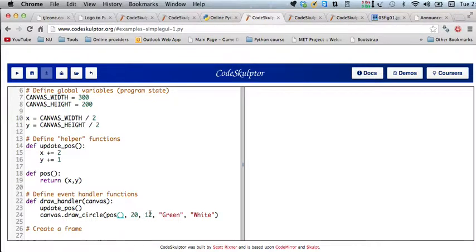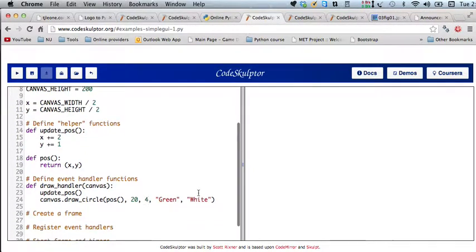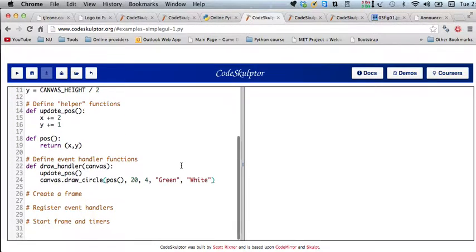And this is kind of a thick line width. So I think I'm just going to make this be like 4, say. So this is going to have a green line around it with a width of 4, and it's going to be filled in with white, looks like, hopefully. And then